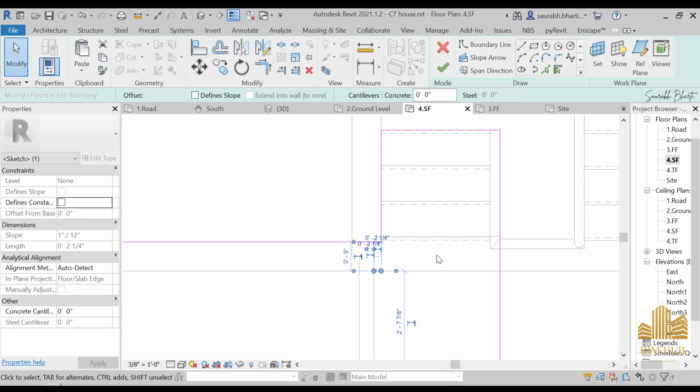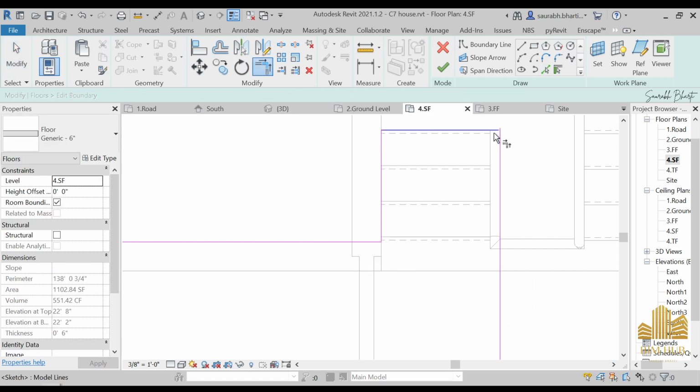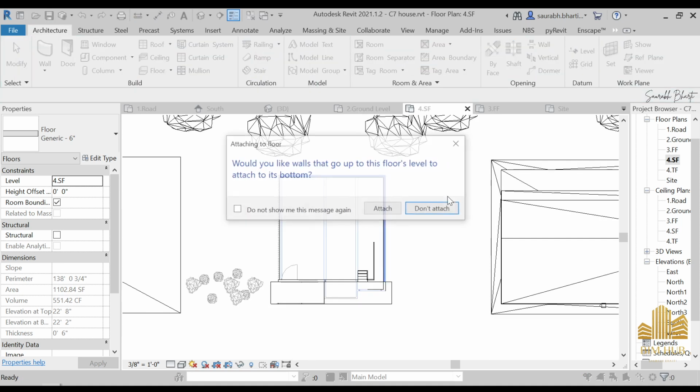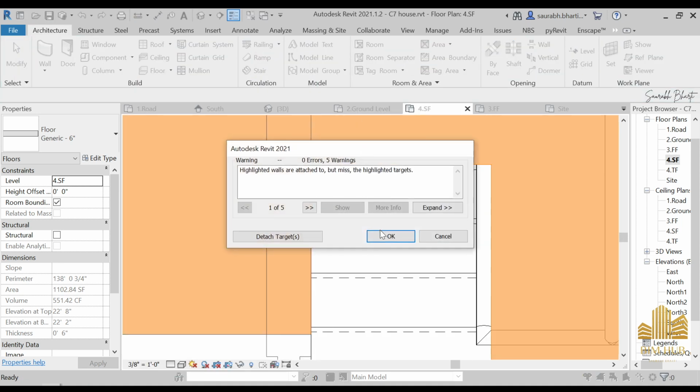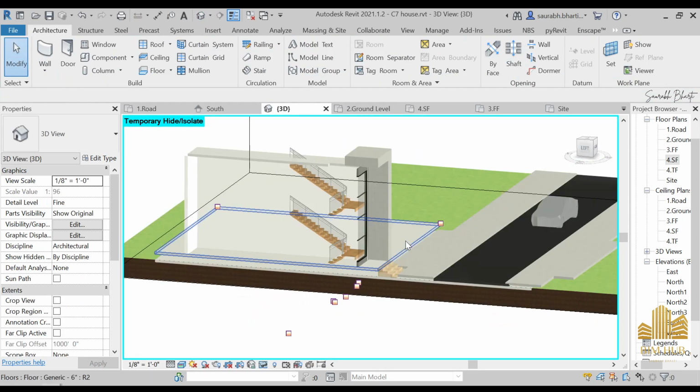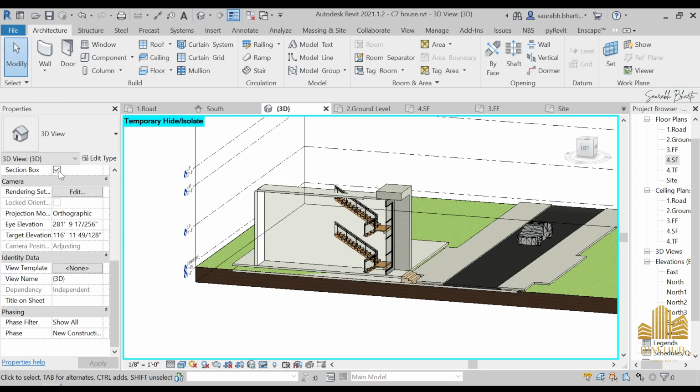Okay, delete this one and trim this part. If you have something in the middle, you can delete it, attach. Okay, now go to 3D view, remove this section view,